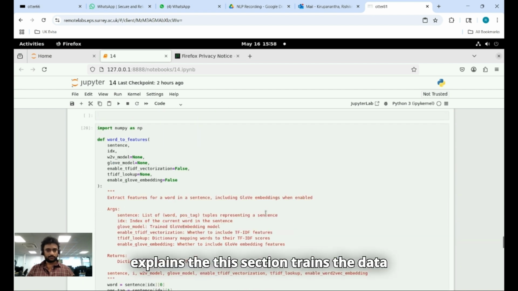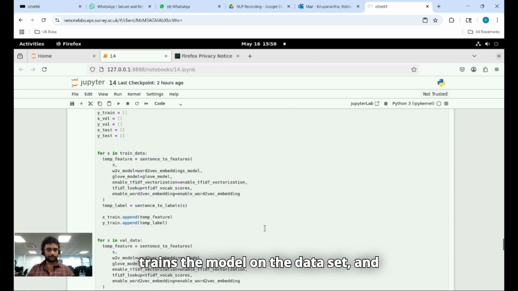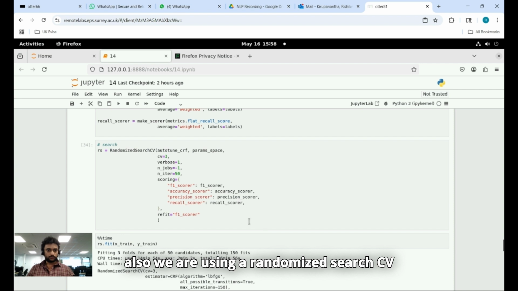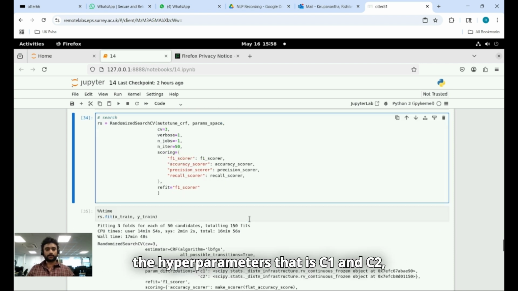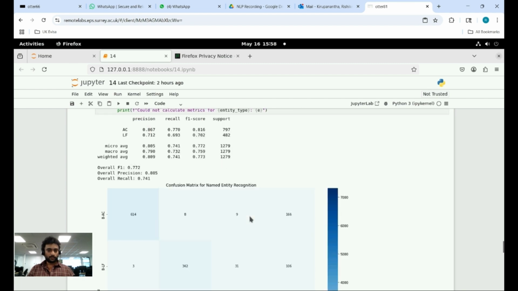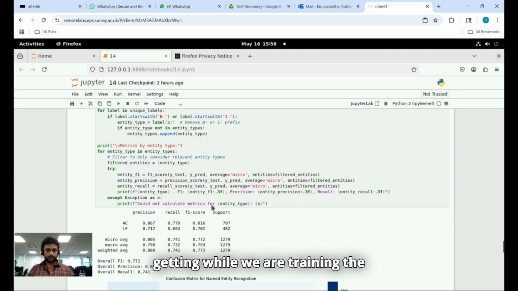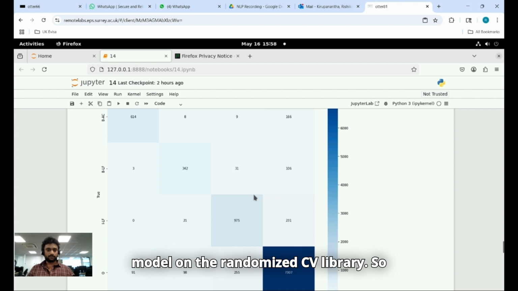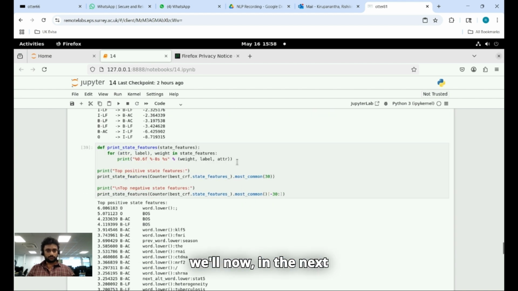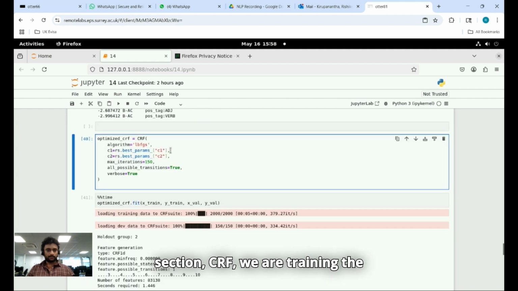This section trains the model on the dataset, and also we are using a randomized search CV in order to get the best configuration of the hyperparameters, that is C1 and C2. And these are the results which we are getting while we are training the model with the randomized search CV library. Next, in the next section, we are training the actual CRF model on the entire